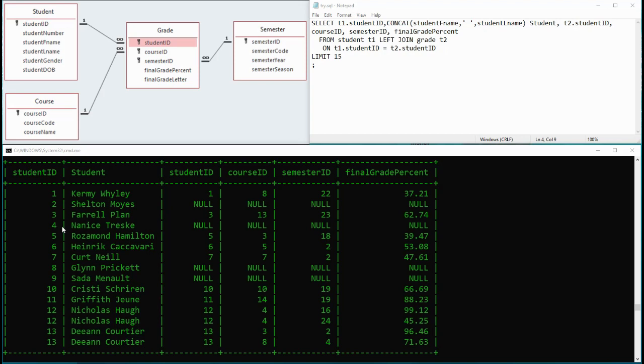So as you can see, Nanis, Tresky, nulls, meaning they don't appear here. They appear here because I'm using a left join, so I have to return all those rows, no matter what. So you go through that. So you can see now that you can find now,